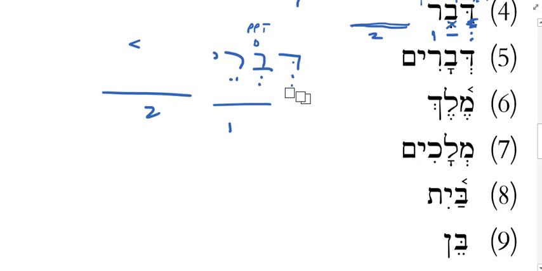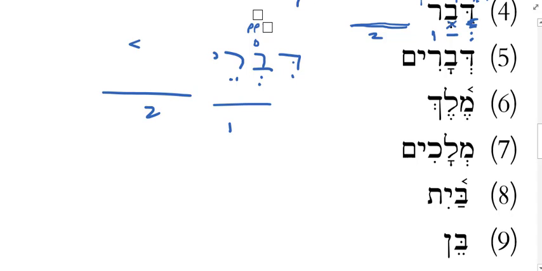Going to use our Red Ryder BB gun and shoot an eye, and look at what I have left. I have divrei. Divrei. So that's how we would say the words of someone. So how would I say the words of the Lord? Divrei Adonai. How would I say the words of Moses? Divrei Moshe. All right, good.